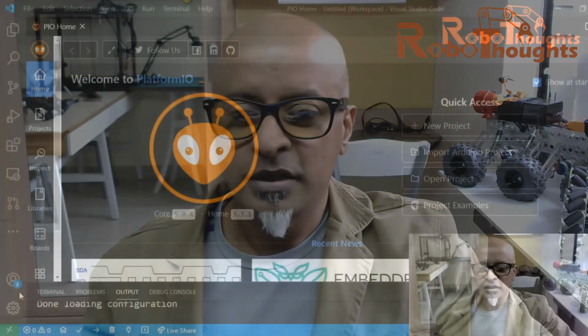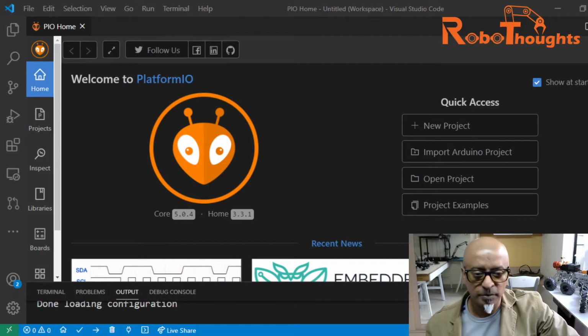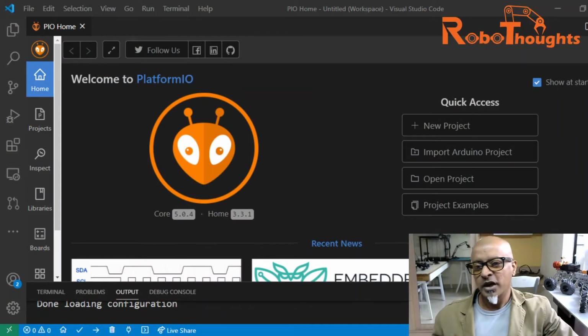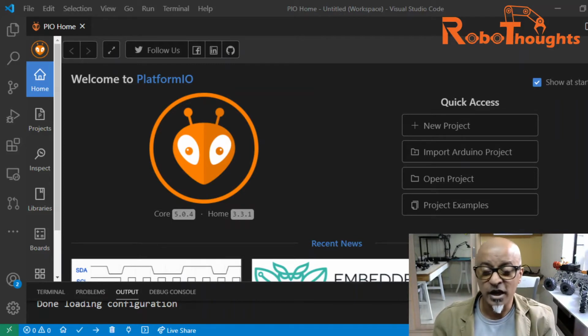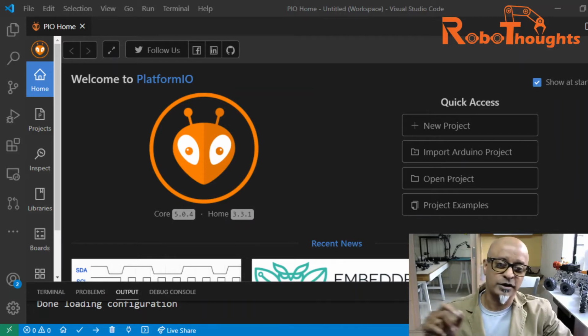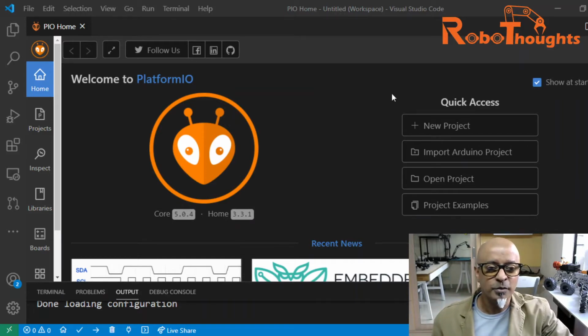A couple of things, guys. Let me show you another IDE which I basically use. It's called PlatformIO. And this is part of the Visual Studio plugin, right? So once you get used to the Visual Studio IDE, which you already installed in Jetson Nano, there is a plugin called PlatformIO. PlatformIO is a very good IDE, and it's totally free. It's open source, right? So all you need to do is download the plugin and connect to the Visual Studio IDE, and you can open new projects from here.